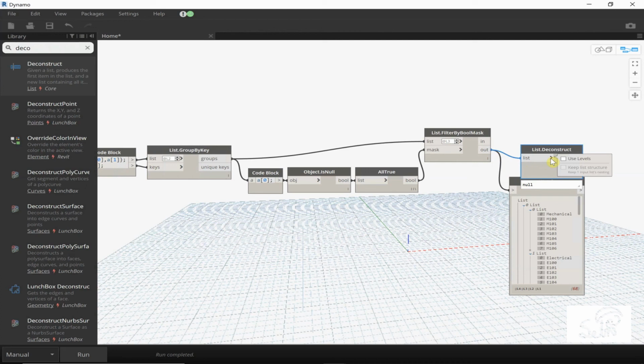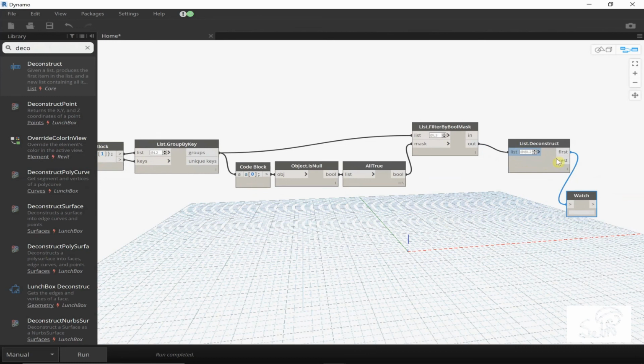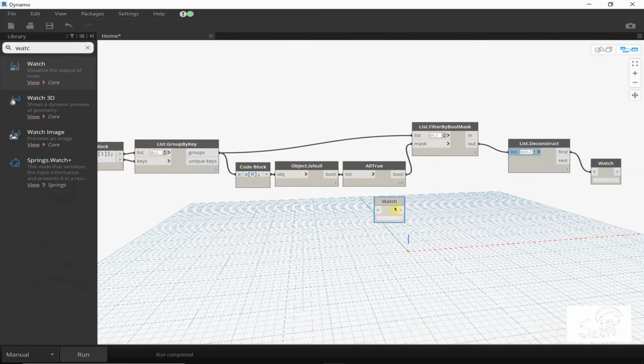With that deconstruct, we're going to do a 2-level, same structure, because we want to keep that. But this is the first, taking that first because of the list. Let me add another watch node. From this list,